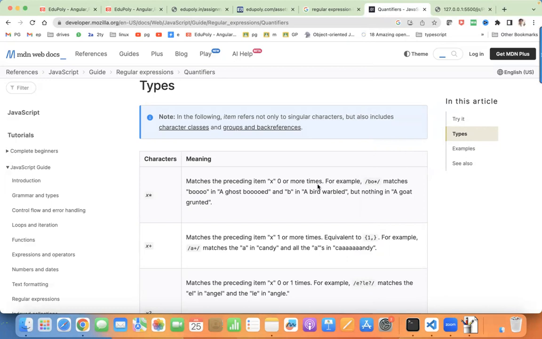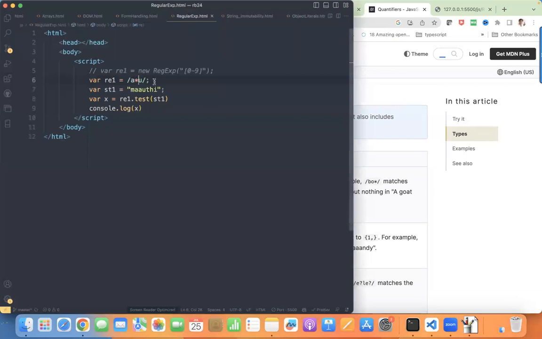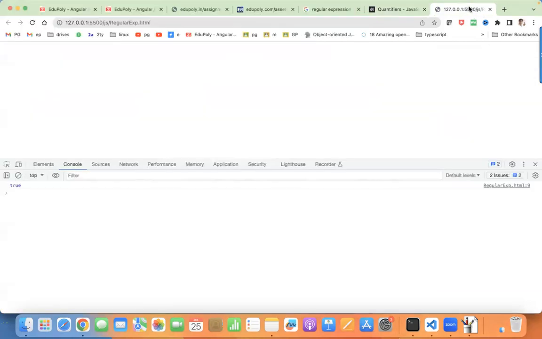That means B and O, 0 or any number of times. Even BIRD will also be okay because O star means 0 or more. Coming to A star U, what do you mean by A star U? It will be allowing